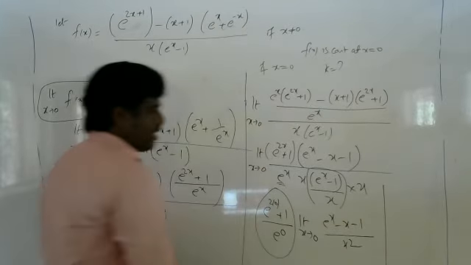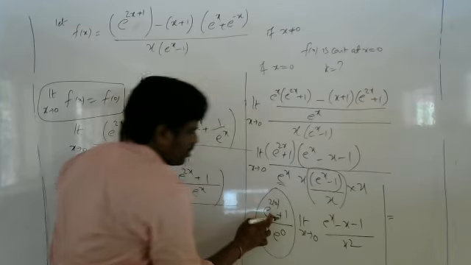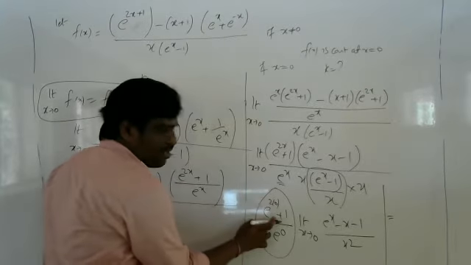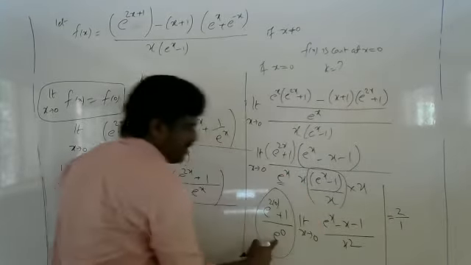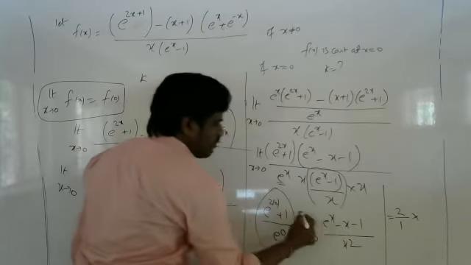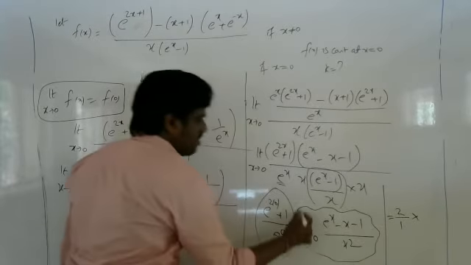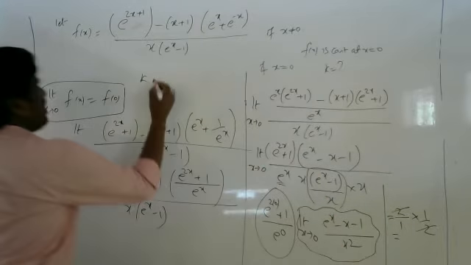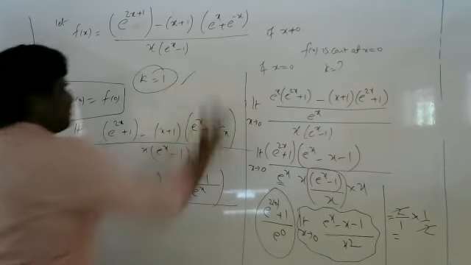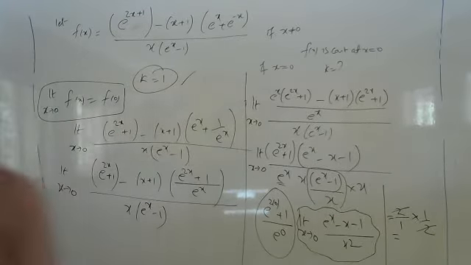Right, then I am writing here. So here this will be e power 0. E power 0 is 1, 1 plus 1, 2. 2 upon 1 into, this is a special limit, already I explained. This value is half. So 2 cancel, answer is 1. So k is equal to 1 is the required answer.